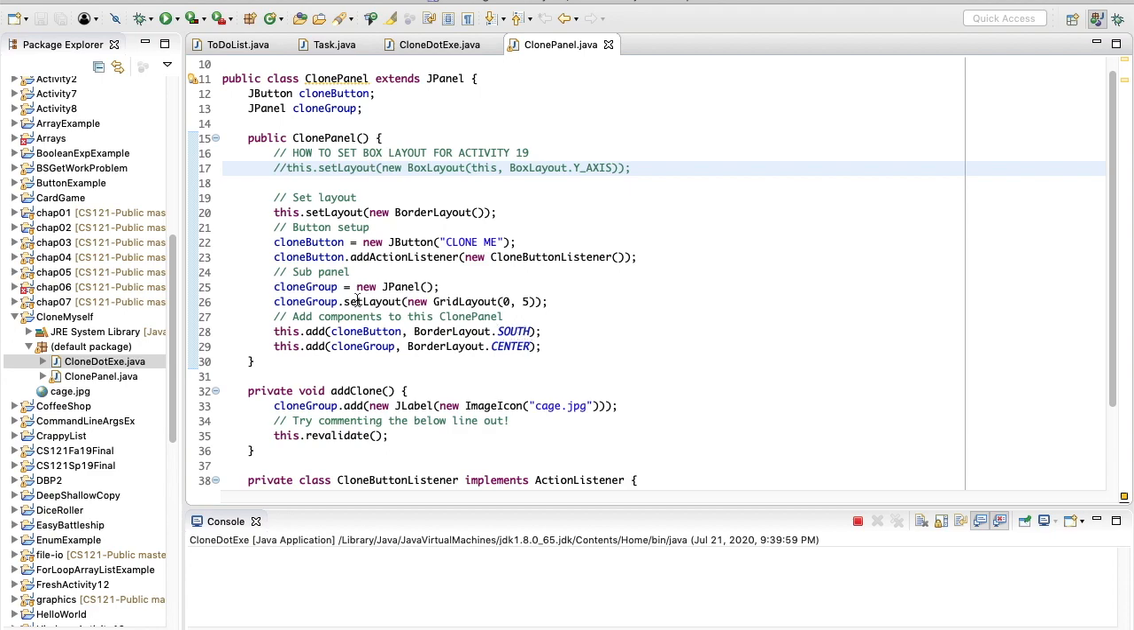And then notice our clone group, we call set layout. So we're setting our clone group's layout to be a grid layout. The layouts are applied to the JPanels, and whatever JPanel invokes the set layout method is going to have that layout. And notice you create the layout, it's an object, and you pass it into the set